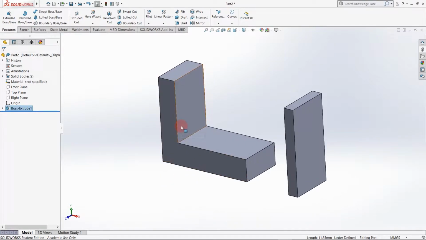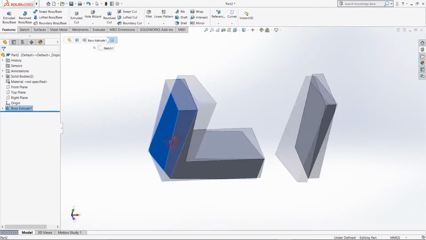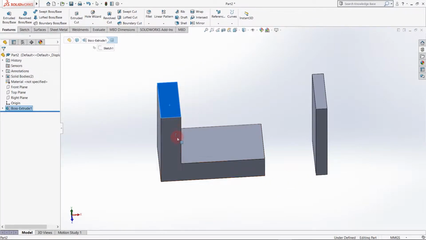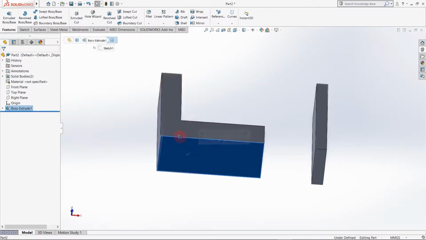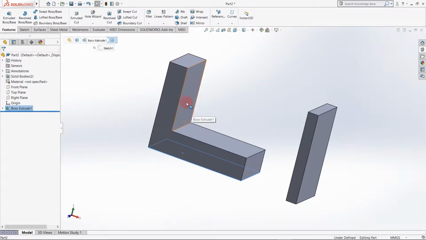Now you get various planes to sketch on. Like you can sketch on this plane, this face, this face, this face. I'm just sketching on this face.